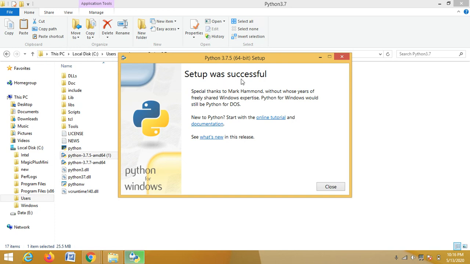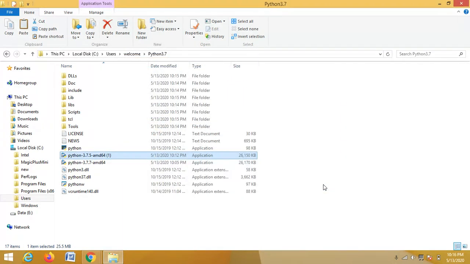Got the message that my setup was successful, right? So finally, Python with pip has been installed. Now close this. Now this is a folder where my Python